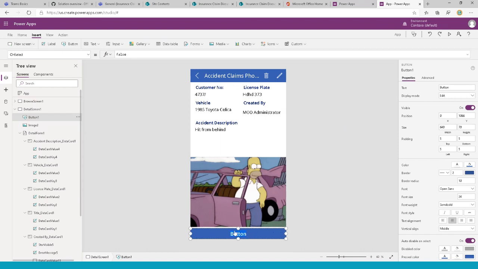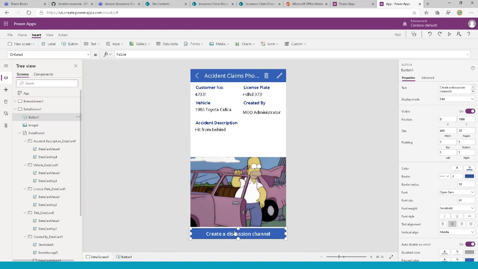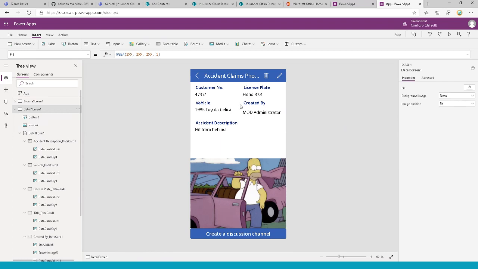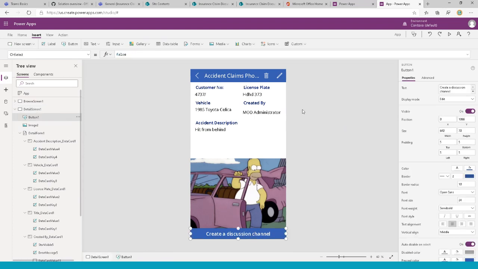And then we'll say create a discussion channel. So normally our manager would do this if they want to have further discussion. So bring this down just to make it look nice. And that's pretty much it for the interface. Normally we'd get rid of the edit button, but in this demo we're not going to do that, but we'll create a discussion channel. Now when they create a discussion channel, here's where we actually want to invoke another Power